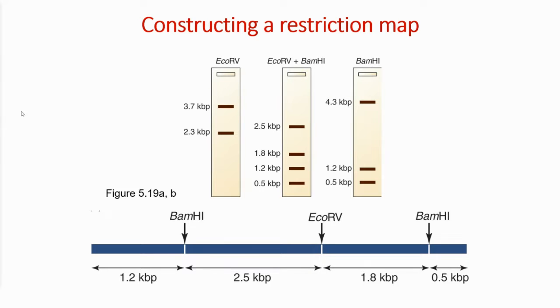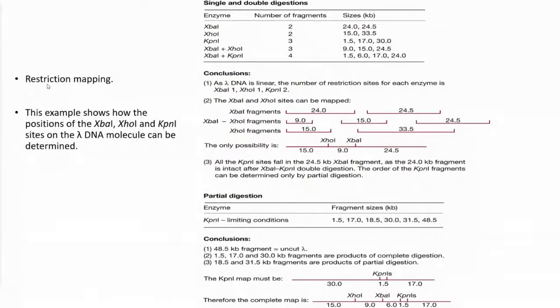Then we go to the next example. The next example is the same. We have 3 different enzymes. I will explain the first one, then you should be able to know the second one. So let's look at XBA1. XBA1 gives you 24.5, and then XHO1 gives you 15, 33.5, and then for both XBA1 plus XHO1, that would be